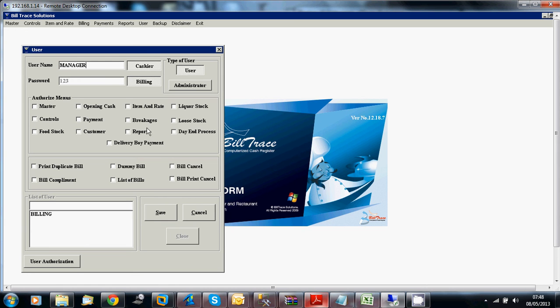I want to give the rights of add, report, item rate, day and process, master. I don't want to give the master. The payment facilities also, you can complement the bill, then list of bills, even that. Okay, now save. These two users I have created. Now you can configure.